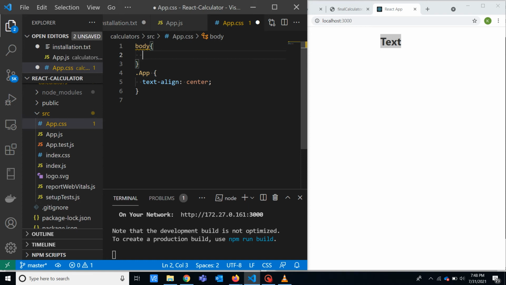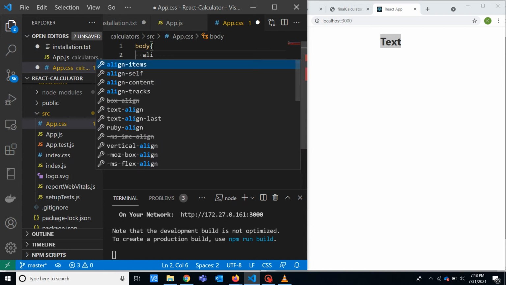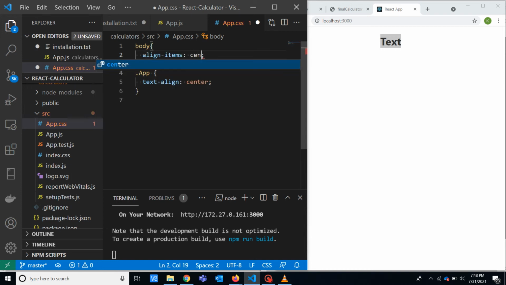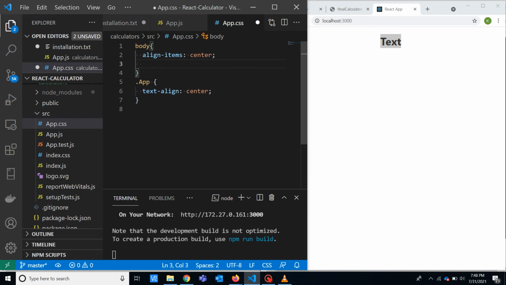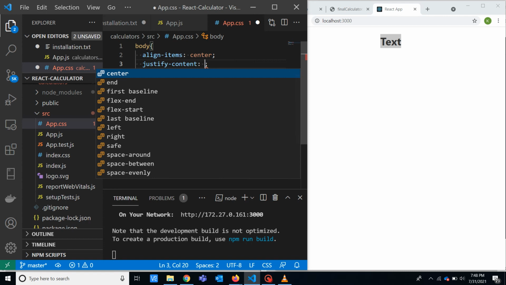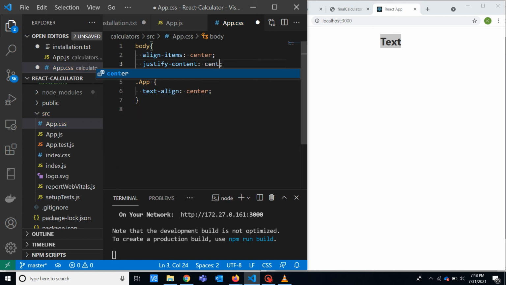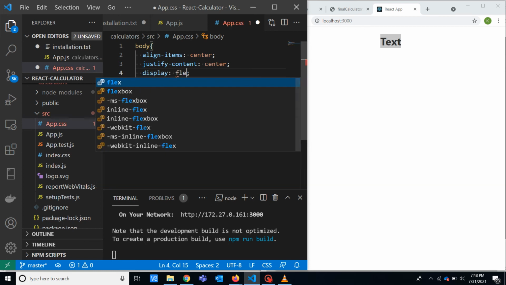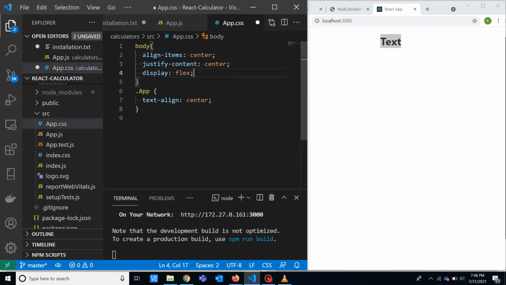That means whatever the items, align items, that should be center. And the content, we need to justify that content should be in the center, right? Center. And display, that should be flex display. For all this we have nice tutorials over here,